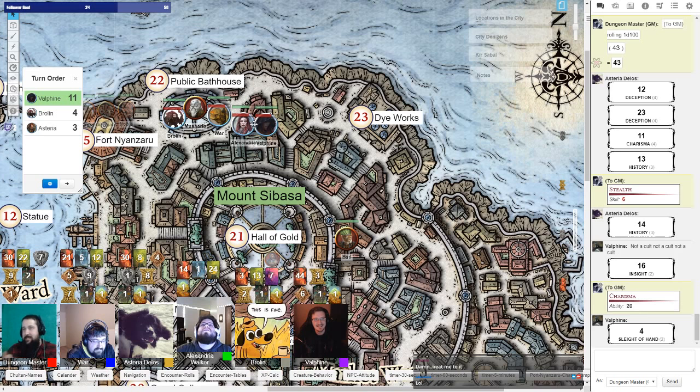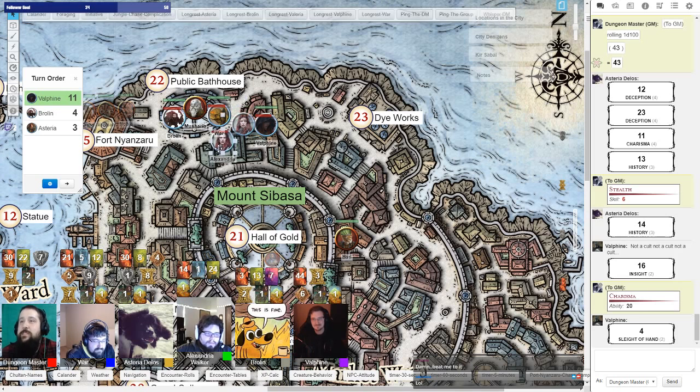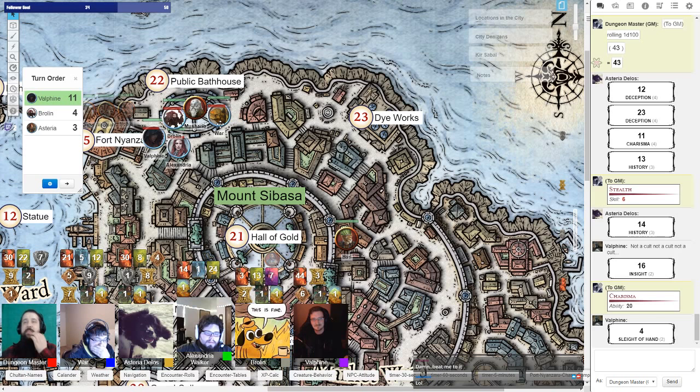So yeah, you guys see the public bathhouse. You see the line of dwarves making their way in and out. You can easily get into said line and shuffle your way into the public bathhouse. As you do, our camera shifts back inside just before Alexandria and Valfine enter, which I think will save them entering for the beginning of next session. Because as we come in to Brolin, War and